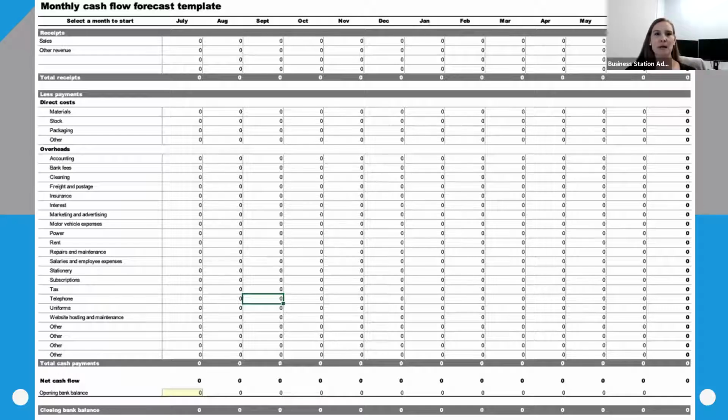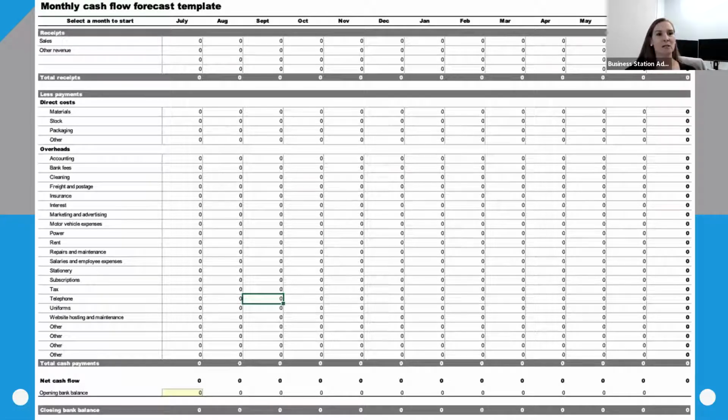Now, the other thing to keep in mind here on the outflows is don't forget to account for your GST payments. If in the top section, in the inflows, your sales include GST, you have to make sure that you take the GST out in that bottom section. Also, don't forget employee expenses. So PAYG and super, generally they're paid quarterly or it could be monthly. Depending on your cycle and how you like to pay those particular expenses, make sure that you're accounting for that at the time that you're going to pay them as well. So you might pay your employees weekly or fortnightly, but you might only pay their super and PAYG quarterly through your BAS. So keep that in mind as well.